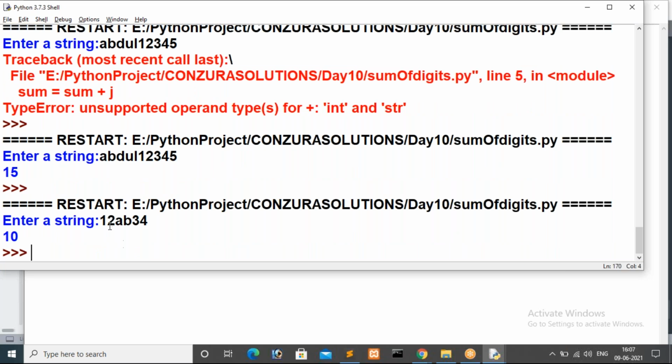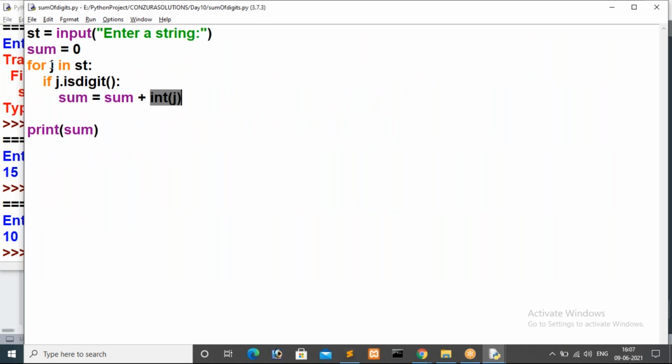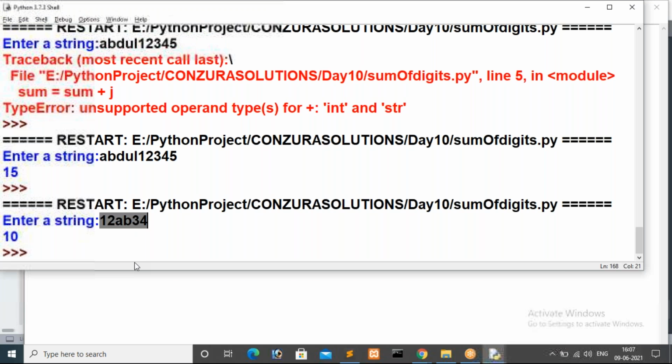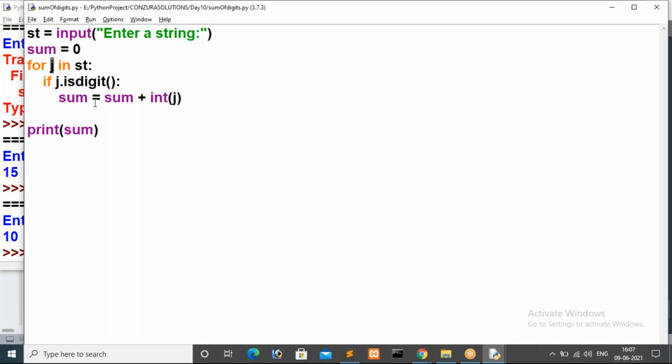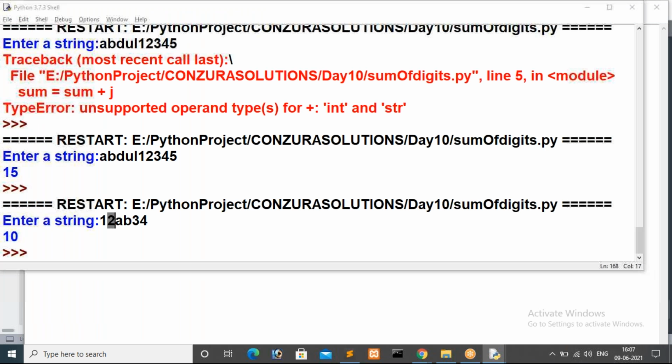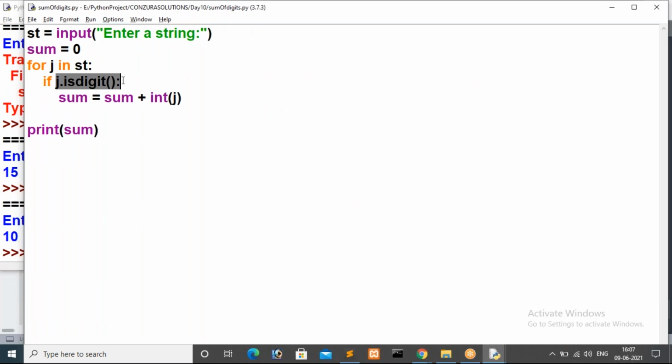Now in this case, in the first iteration, the string will be iterated. What is the j value in the first iteration? 1. Condition is true, so sum will become 1. In the second iteration, j value is 2, so the condition returns true. Already sum has 1, plus int of j, that is 2, so total sum is 3.